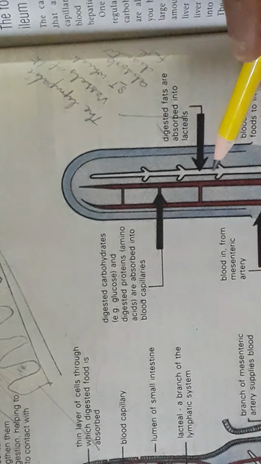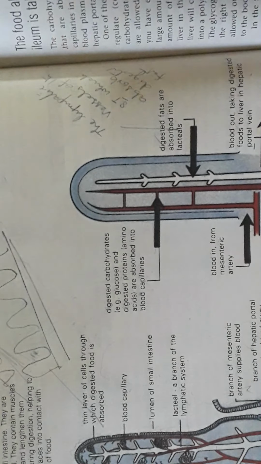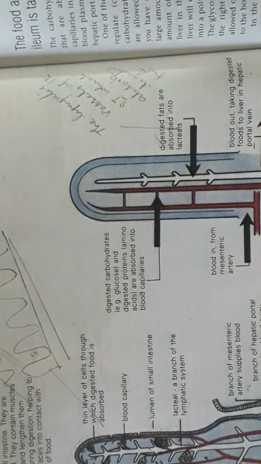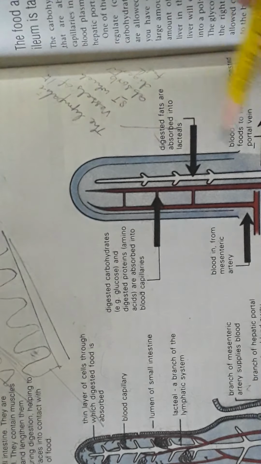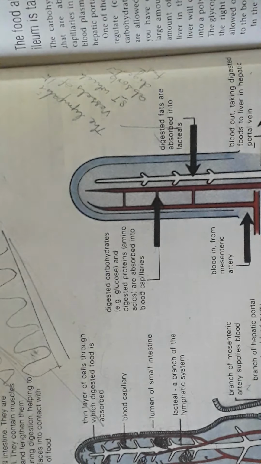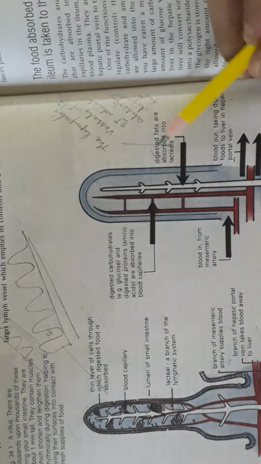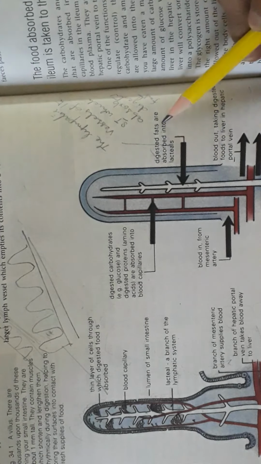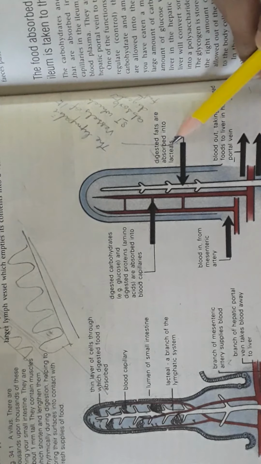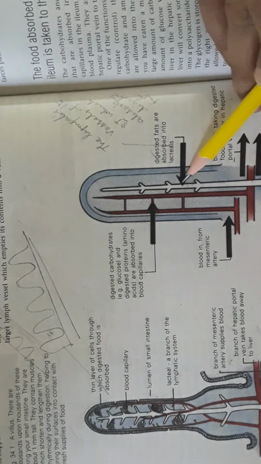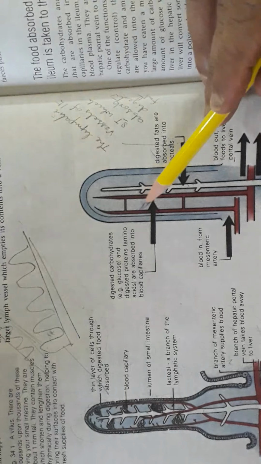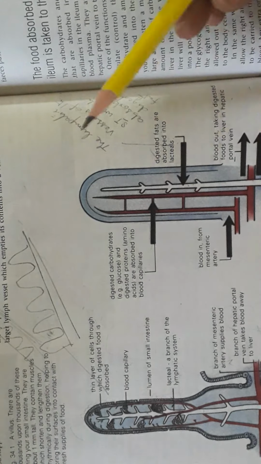The lymphatic system has unidirectional flow, meaning it goes to the heart only and does not come back from the heart. That you will learn in the circulatory system, whereas blood goes to the heart and comes back, bidirectional. So lymph is unidirectional. So what will be taken into the lymphatic system? Digested fats are absorbed in the lacteals, the vessels of the lymphatic system. So the lymphatic system will take the fats and blood vessels will take the glucose and amino acids.